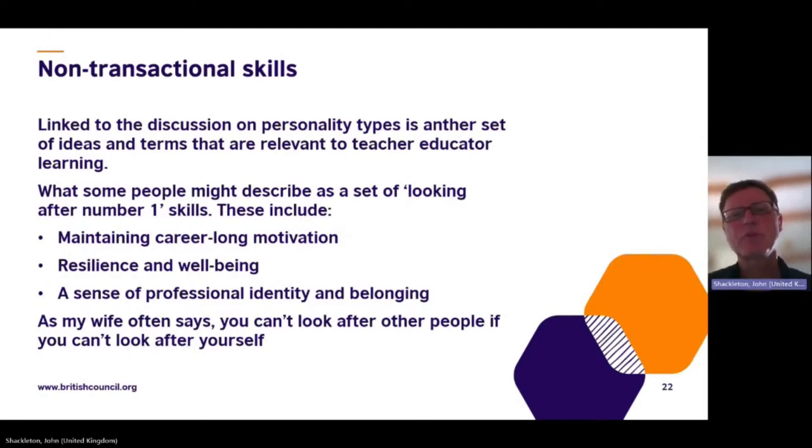We talk a lot, don't we, about motivation for teachers, resilience and well-being for teachers, teachers having a sense of professional identity and belonging. Well, what about teacher educators? As part of your learning pathway, as part of your career development, how can you maintain motivation?